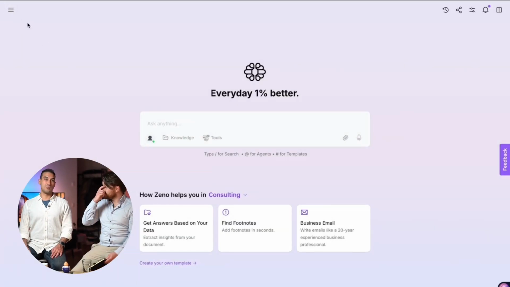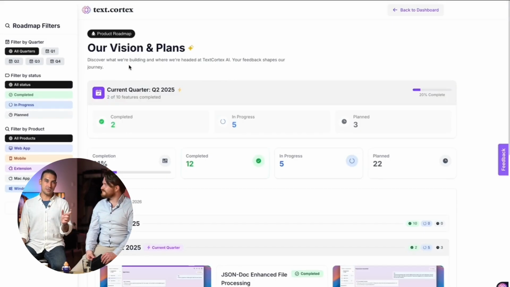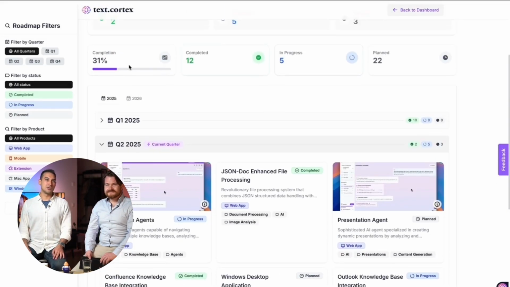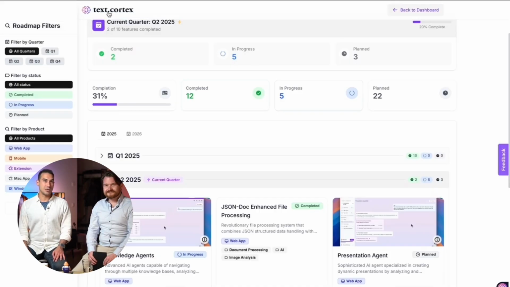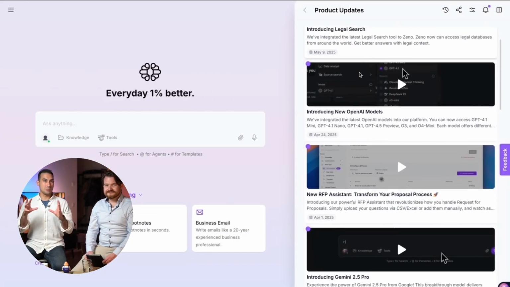I think we talked about all the product points that we are going to implement. Also, if you would like to have a look at the roadmap, go inside the web app, and on the top left, you're going to see a product roadmap button. You can click on it and actually see what is going on, what the progress is on certain tasks and certain features. You can also see sneak peek videos or mock videos about how it works and things like that. So you don't have to wait for our YouTube videos to get an update.